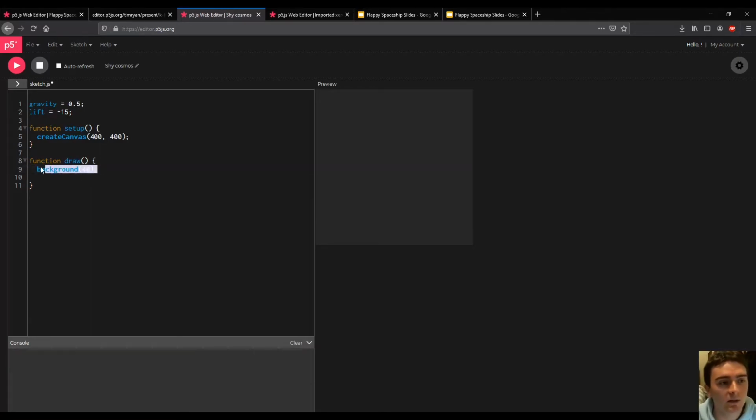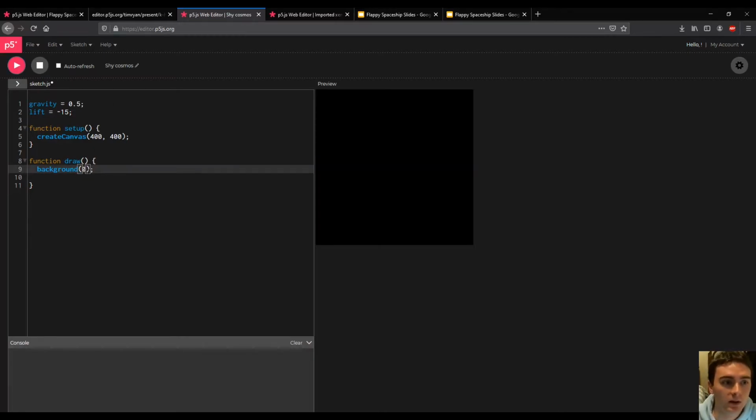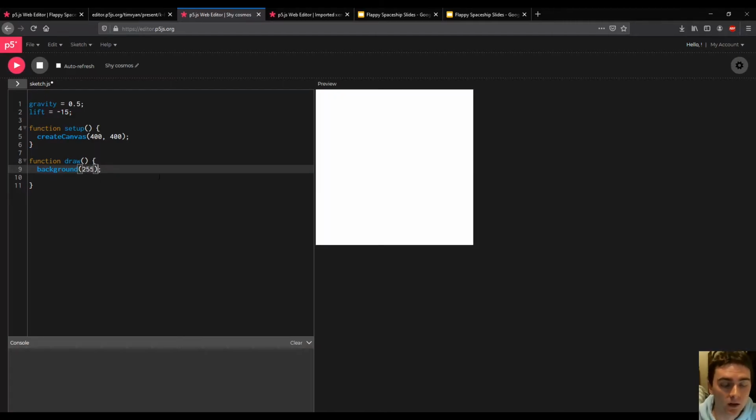For now we just have our background command, which takes in a single number, and what this does is colors our canvas to be a particular background color. For the moment we've got the number 40 in there, which is this dark grey color, but we can change it to be any number between 0, which would be completely black, to the maximum value of 255, which would be white. If you're feeling fancy, you can also give it 3 numbers instead of 1. If you give it 3 numbers, you'd be telling it how much red, green, and blue to mix together to create the color. So if I give it, say, 150,